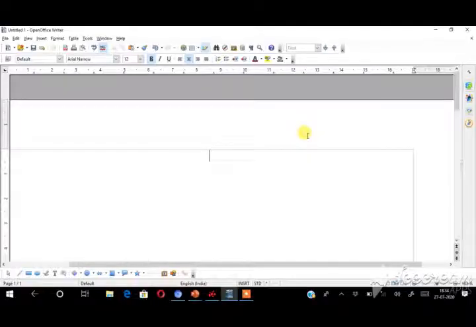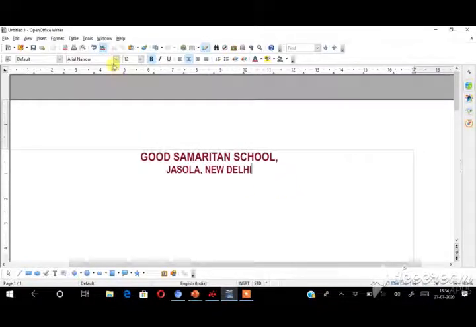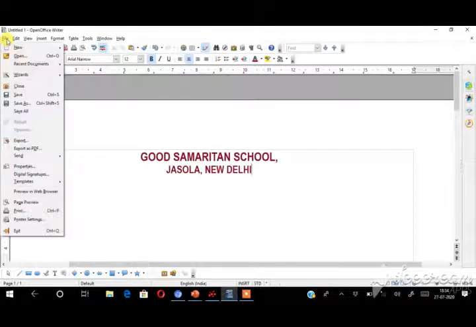Let us see how to create the template. This is the OpenOffice Writer window. Here you have to open a new or existing document of the type you want to make into a template. Here I add some text. Font face is Arial Narrow and size is 12. Here I am specifying bold. So now I make this style a template. After creating the styled document, you have to save that document as a template. You click the File menu, choose the Template option, and click Save.